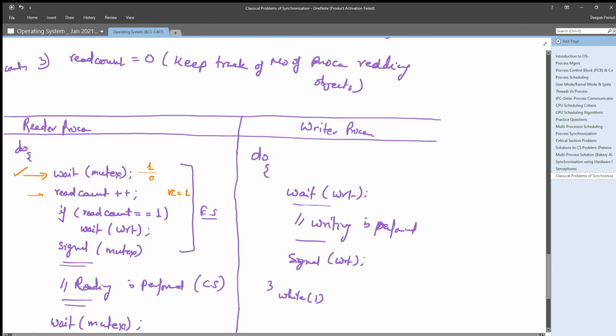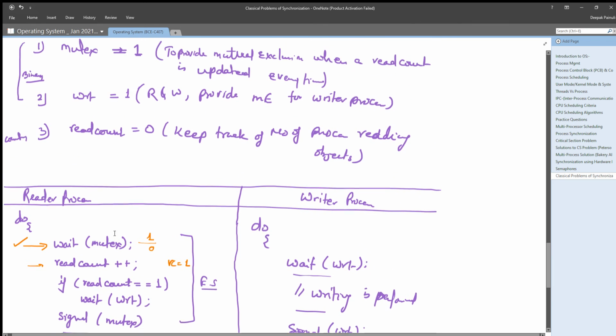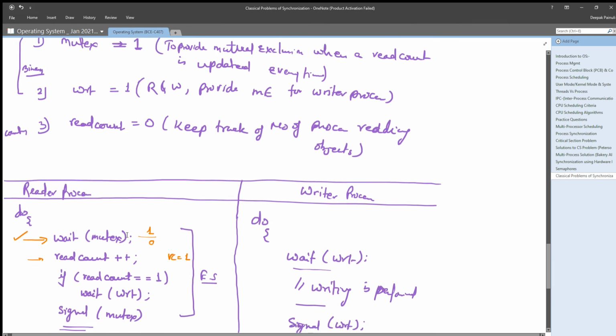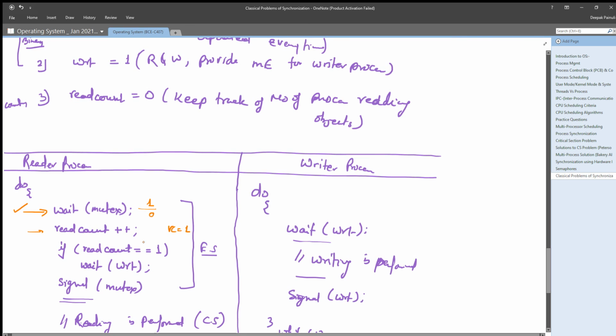Okay, now it will check if the read count equals 1. What it has to do, it will simply perform wait on WRT. And what is the wait? WRT value is 1, so it will get WRT value 1, right? Because read count is 1.